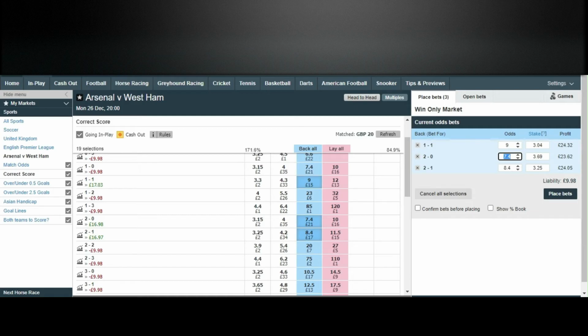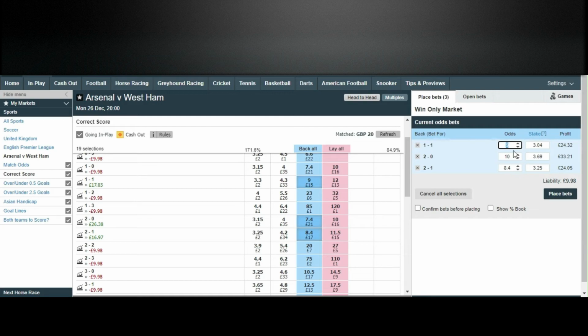It could be 3-2, could be 4-2, could be 4-0. Who knows with this game? Not bothered about that. We want just to trade out. So we're going on 2-0 as being the main one, what's going to come up first, if that makes sense. So we're going to do the 10 on that one.